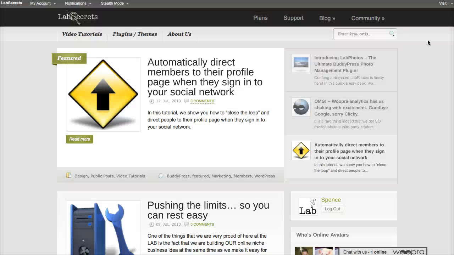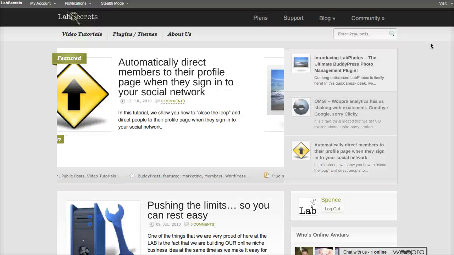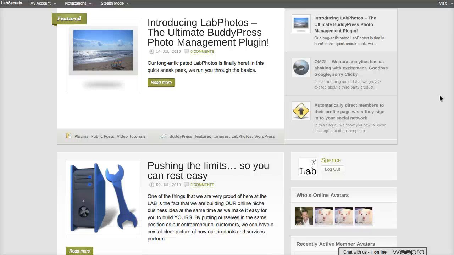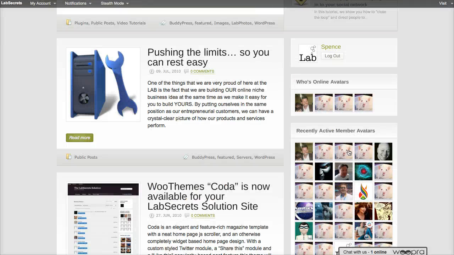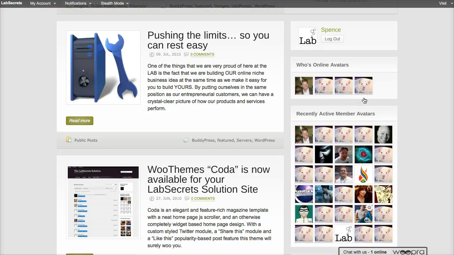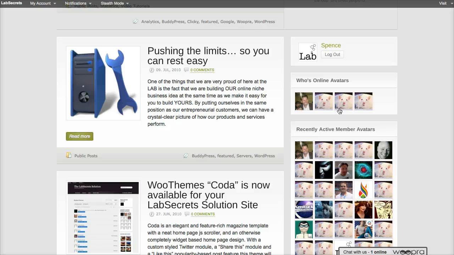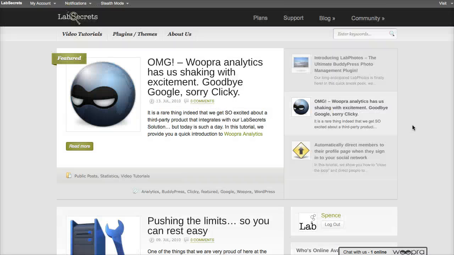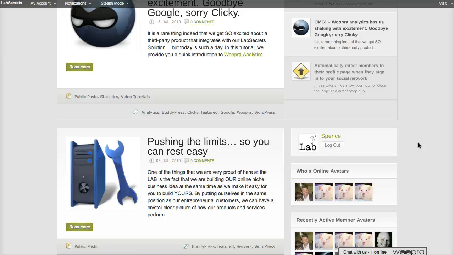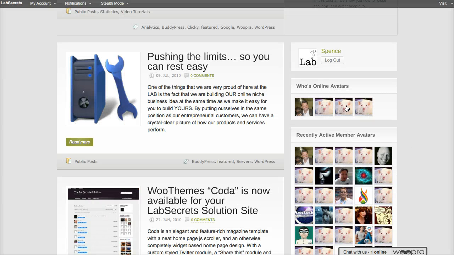Well, today we've got a revisitation of an old tutorial. We showed last week or the week before how to change the default member avatar from the mystery man to something more interesting and applicable to your network. For example, over here on Lab Secrets, we use the lab rats because we think that's fun for you. Nah, not really. It's not fun for you, but it at least shows something different than the default gravatar of